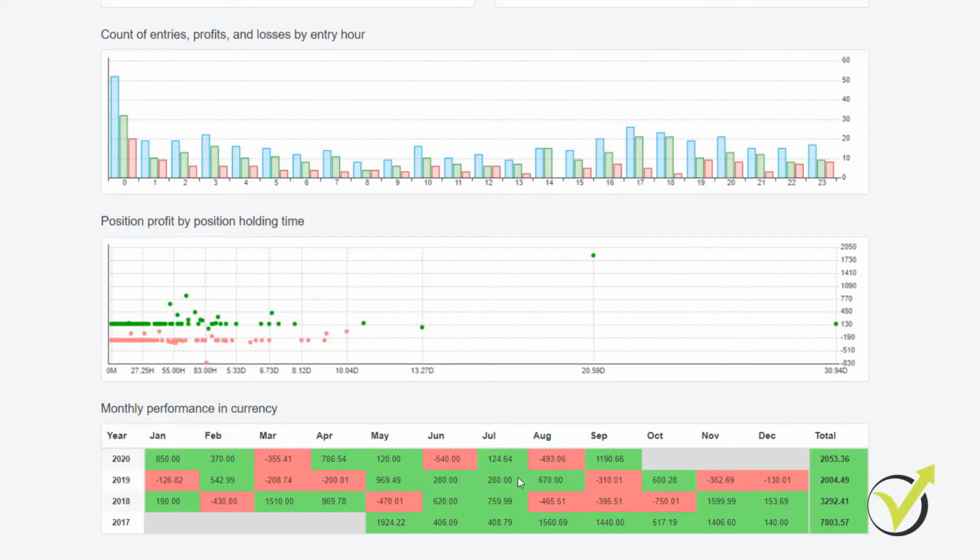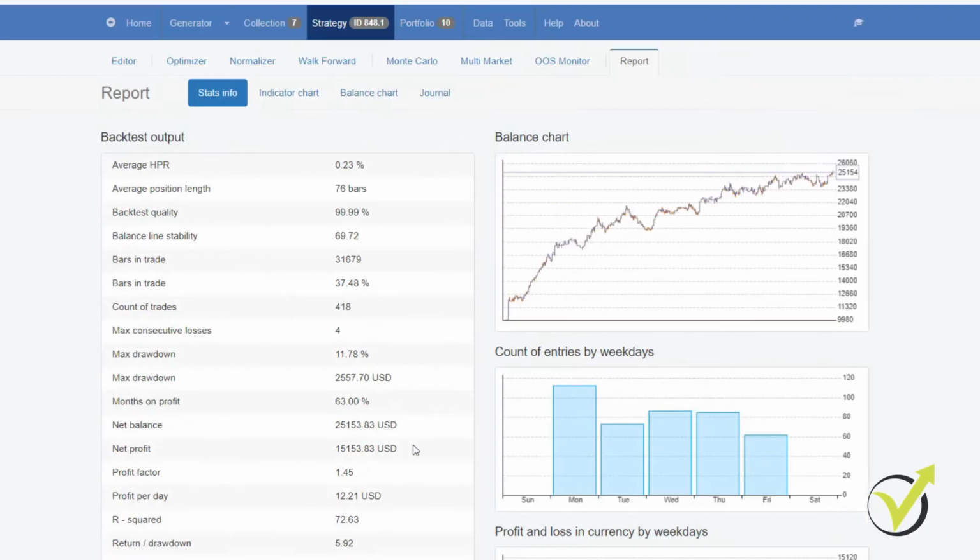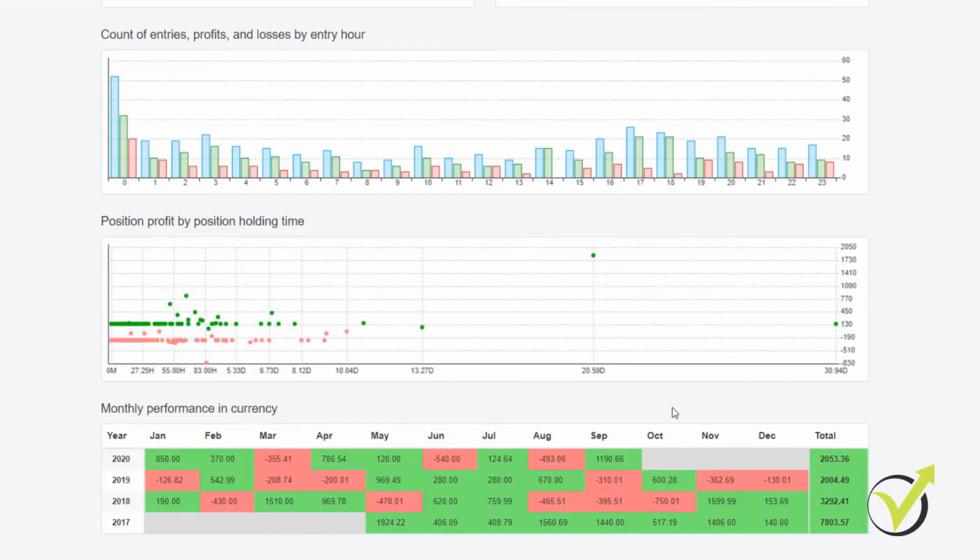And as I always say in my courses, every strategy has losing periods, guys. You see that this strategy has a great equity line, but if we look at the monthly performance, we see that there were actually months where the strategy was losing. But overall, the strategy is profitable because most of the time it is profitable. And you see in this case we have the total in years. So in 2017 it was profitable, 2018, 2019, 2020 so far.